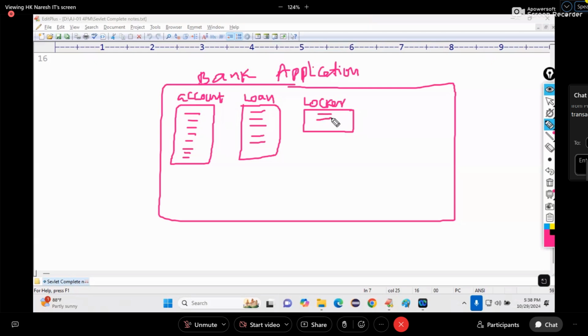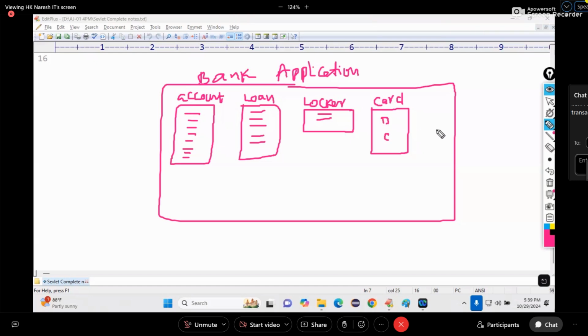Cash you cannot place, I guess. Recently, I got one on a loan locker. Next, any other services? ATM is not from the bank, that is ATM by another. Card: debit card and credit card services.